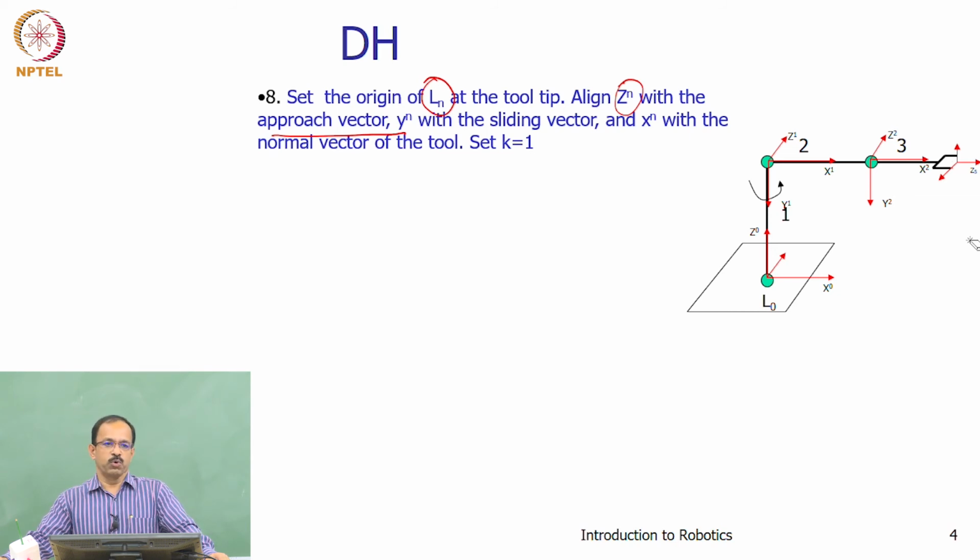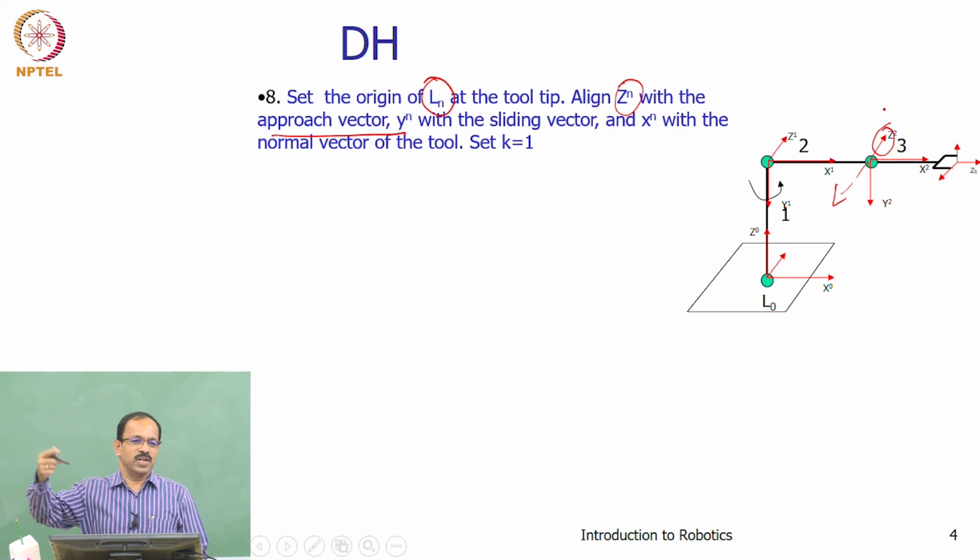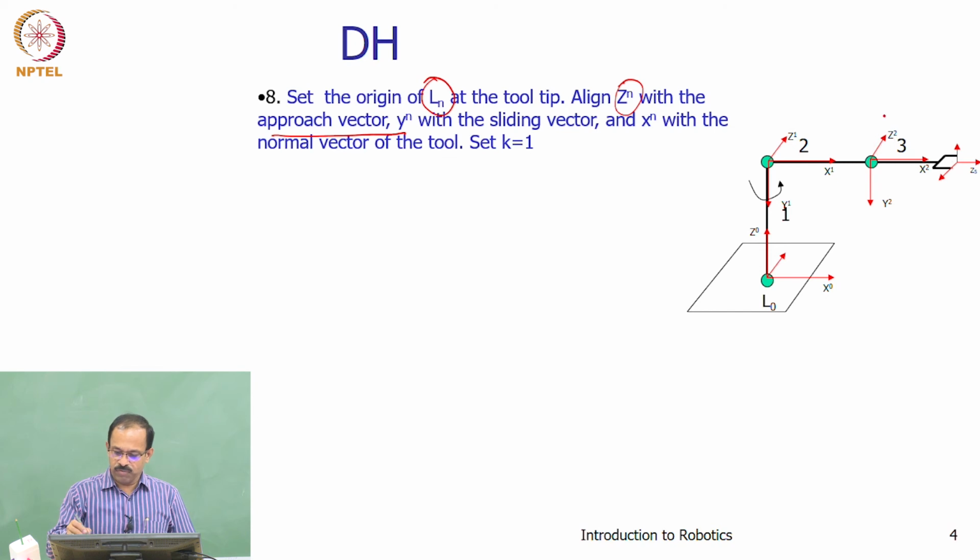No, it need not be a unique one. The assignment of coordinate frame need not be unique, but the final formulation will be unique for that particular robot. Whatever you do, your alpha, theta, d and all will decide how you do this. For example, if you have decided in this direction instead of this direction, this alpha will be 180 instead of 0, and that will actually affect your final calculation. So you can have different assignments of coordinate frames, and your DH parameters may be slightly different because of that, but the final result will be the same.